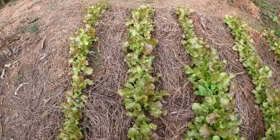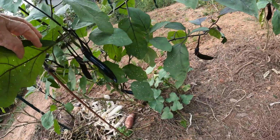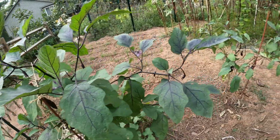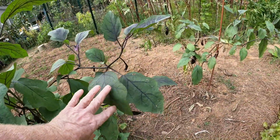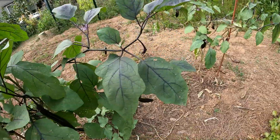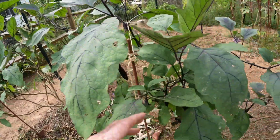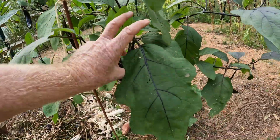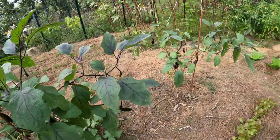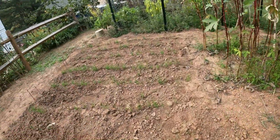And then over here we have some Asian eggplants, and we just keep picking and keep picking and keep picking these. Unfortunately, it's going to get cool this weekend. There's one thing these eggplants do not like, and that's cool weather. So we'll probably lose these. This is probably the last time we'll show these. And then over here we have,